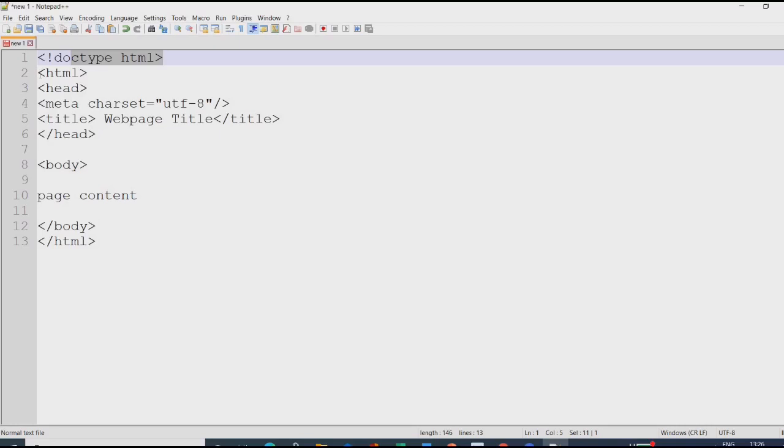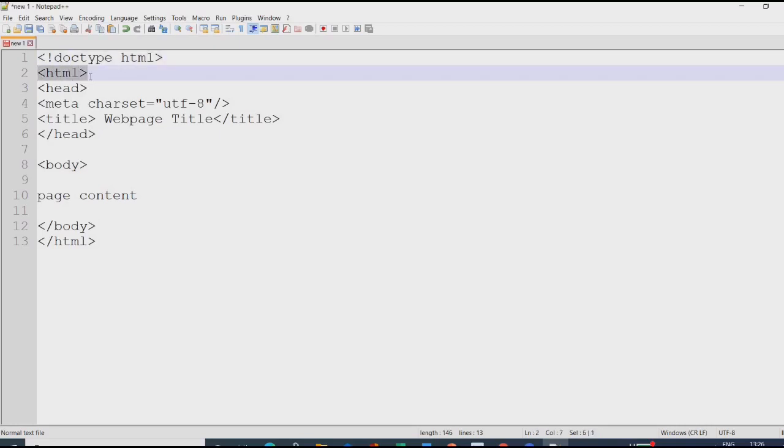Next in the document we have the HTML tag, which marks up the entire page as our HTML content. This will typically go around the whole page, and all of our page will be made of HTML5 instructions.